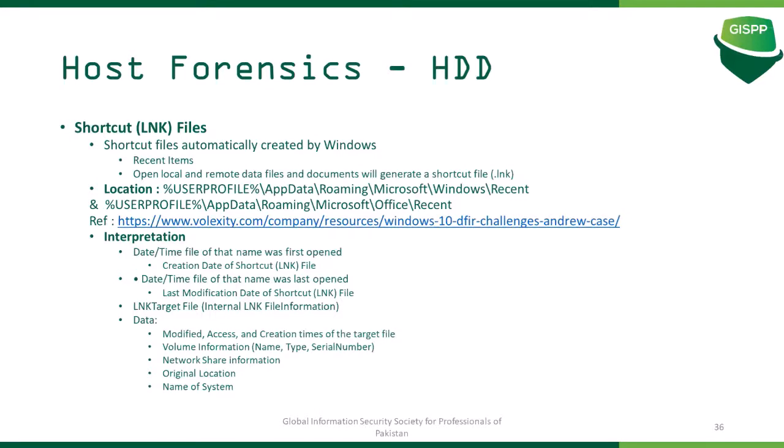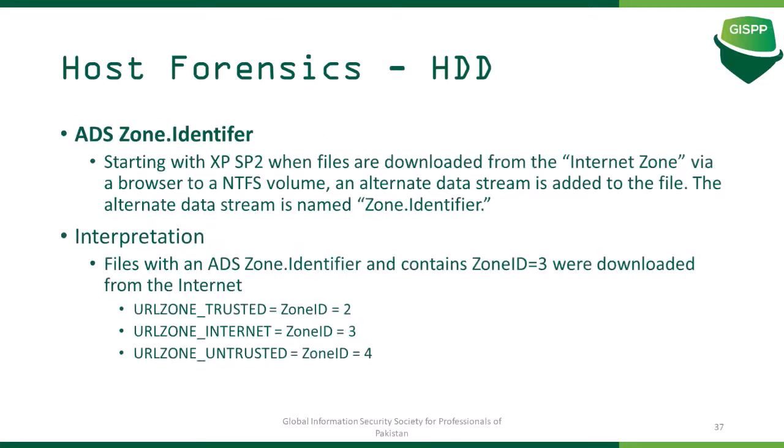Shortcut or link files, any recent files, Office recent files that are currently open will give you a lot of metadata about these particular files. I've mentioned Andrew Case, the guy who wrote Volatility. It's a link to his webcast, in which he has mentioned some very amazing artifacts for tracking anything that was executed within your Windows 10 systems. Because it's new, their team usually leads this kind of research for Windows 10. It's a very amazing webcast. I would recommend everyone view it whenever you have time.